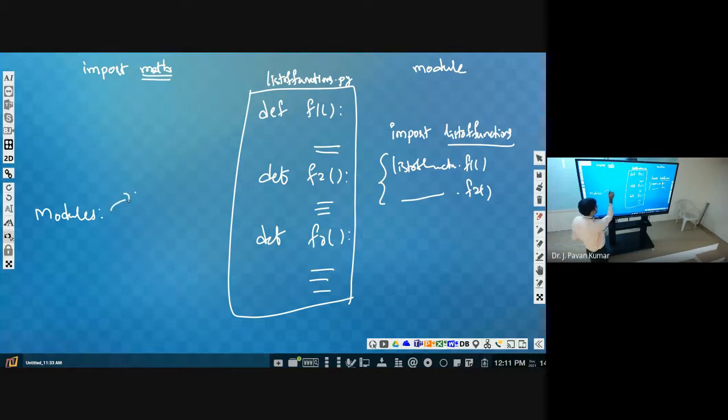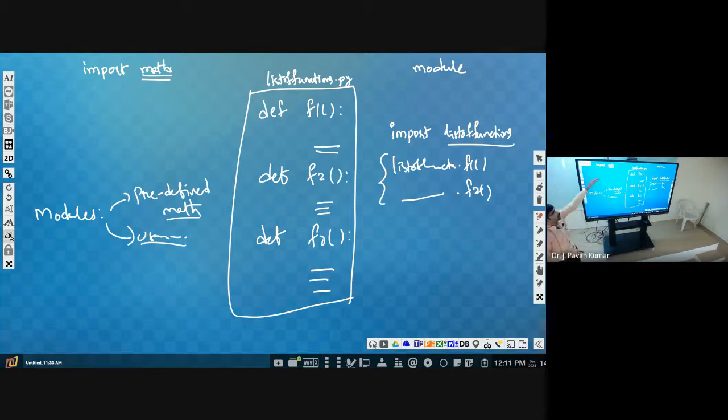Predefined means, can you tell any module? Predefined module? Math. Okay, math is one kind. Next, user-defined, list of functions. Like this, we can have two types: user-defined, predefined. Next, coming to the predefined math, we know one function called sqrt. Similarly, there exist several other functions as well. Like we are having POW, power of x comma y, then it will give x power y. This is one function which is already available.